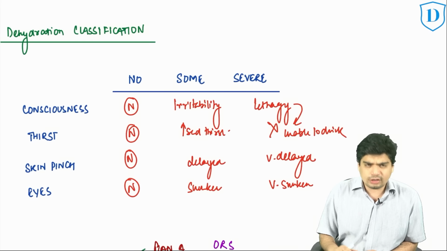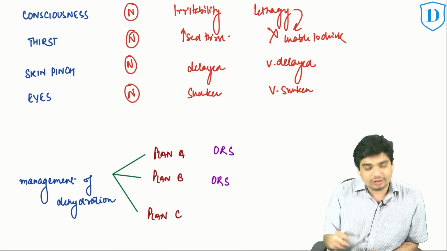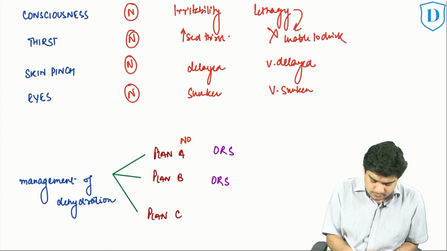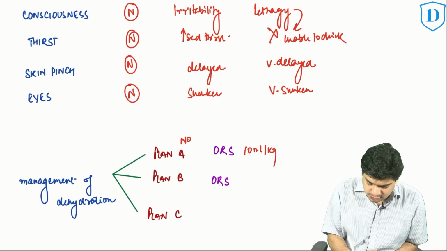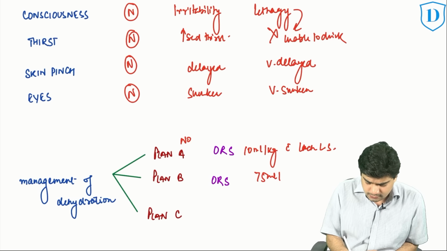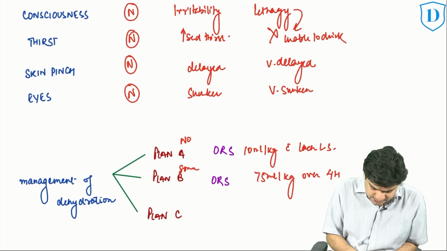Alright, since we are talking about dehydration, I'll just give a brief introduction about the management of dehydration. Plan A we use for no dehydration, where we give ORS 10 ml per kg with each loose stool. Plan B we give ORS 75 ml per kg over 4 hours. Plan B we give for some dehydration, and plan C we give for severe